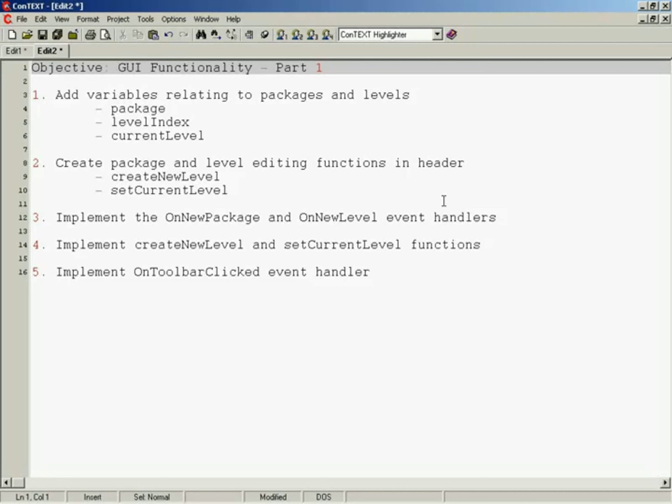Okay, in this video lesson what we're going to do is start taking a look at graphical user interface functionality for our Evil Monkeys level editor. And we're calling this the GUI Functionality Part 1, subtitled Packages and Levels, because there's a lot of functionality to